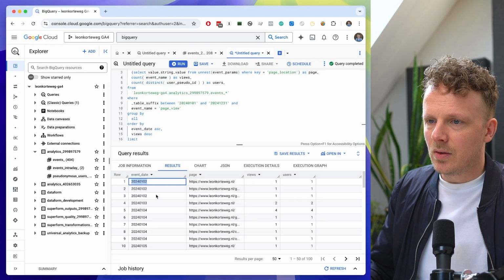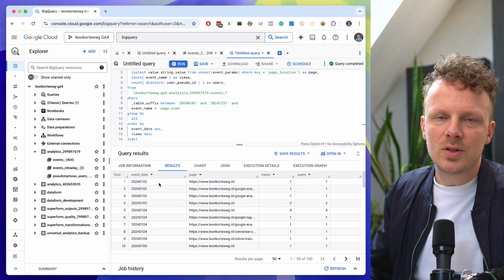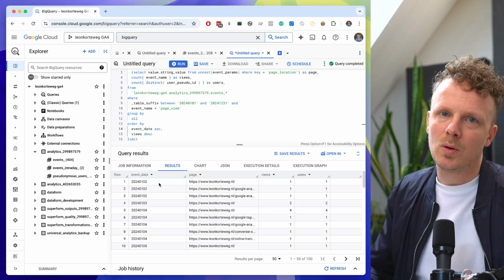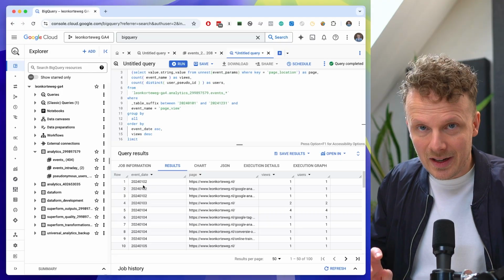And then the 2nd of January, these are the 3 pages that were viewed. And these are the kind of tables that you could use in a Looker dashboard. So these are filterable by day because you have the event date included in the result. If people are interested, I can show in a